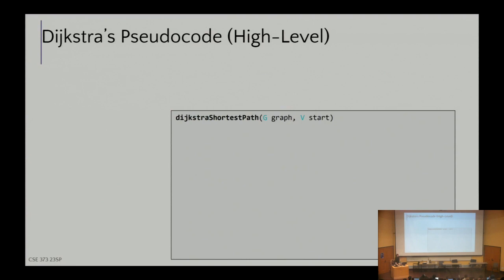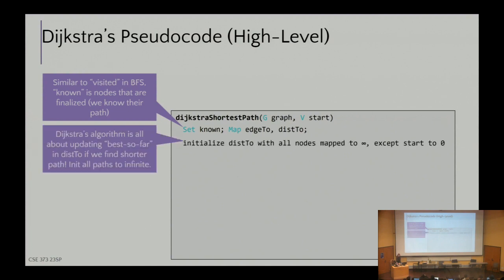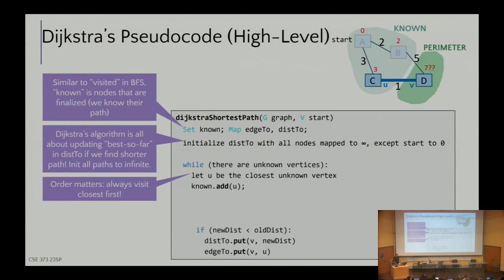Let's walk through it. So, very similar to BFS, we have a set of things that are, quote, known or processed. We also have the maps from edge2 and dist2. We have to do that initialize where everything's set to infinity. You may have to do this in code or you may not, but it's essentially like making that map with all of the vertices in it. Then, this should look really similar to the BFS code. While there are unknown vertices, i.e. while perimeter is not empty,